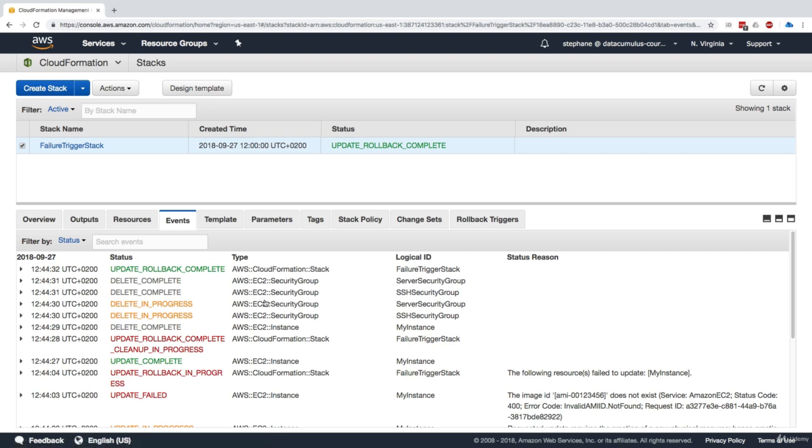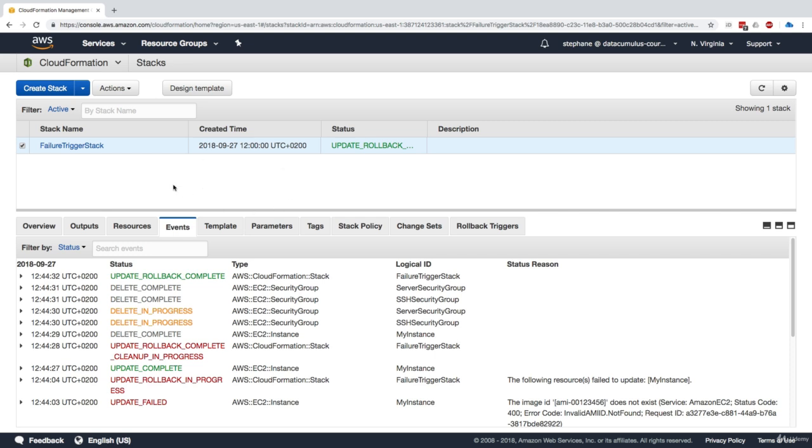You see that if you do an update to a stack that has already been created, but the update fails, CloudFormation will attempt to roll back. So this basically shows a failure. And if the rollback doesn't work, you'll also get an error saying I can't roll back. So it's quite safe to use CloudFormation because in case your update doesn't work, everything will just be deleted and the stack goes back to a state that worked.